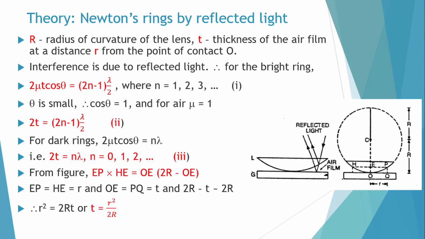So by putting EP equal to HE equal to small r, the distance at which thickness is T, and by putting OE equal to PQ equal to T,